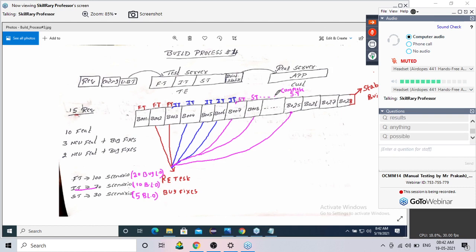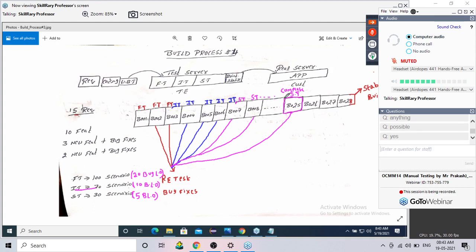Correct? Now see the diagram. In B25, if you take this example, system testing is completed means, is the build stable? In B25, system testing is completed. Is the build stable? No. All my scenarios are over, but still the developer has not completed his job. Are you understanding my statement? My job is completed, testing job is completed, but still the developer has not finished his work.